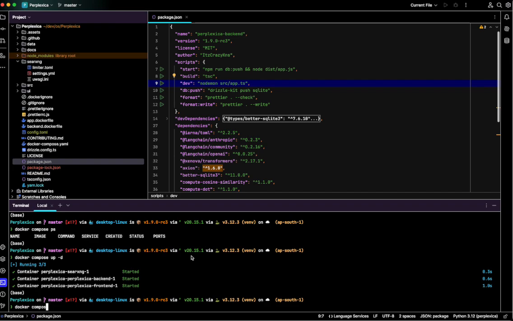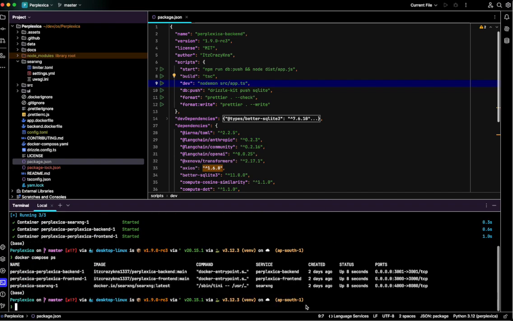Docker Compose PS. So now I have three things running on my machine. One is the front end. The second is the backend, which is the Express API. And this is the Next.js React front end. And one thing that you will see is there's something called